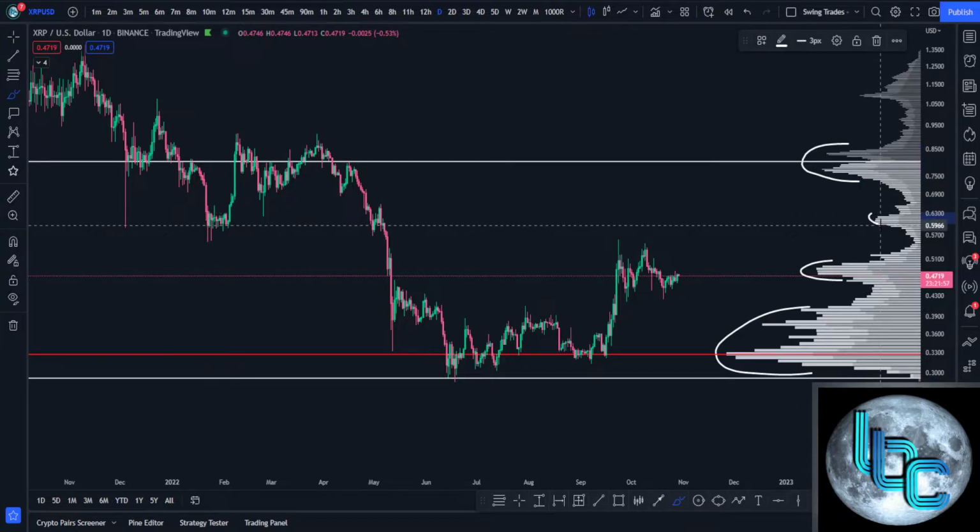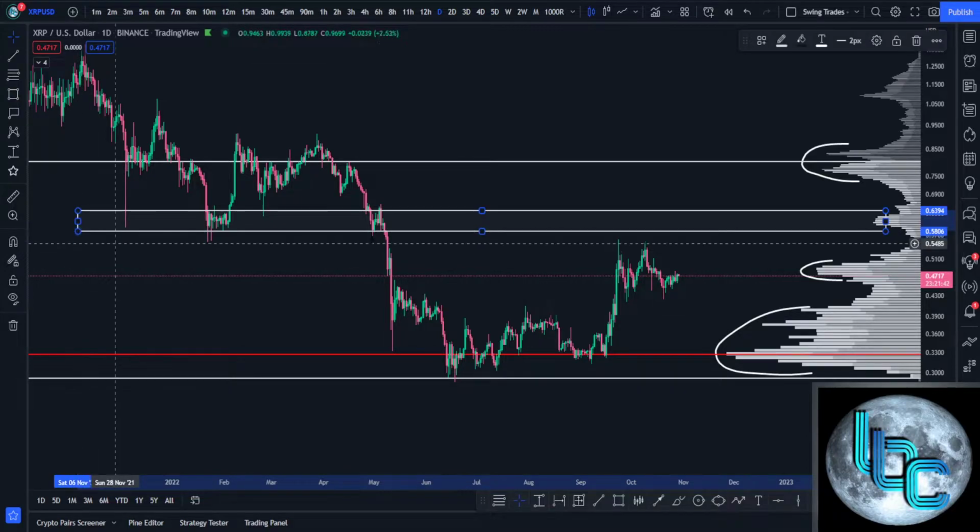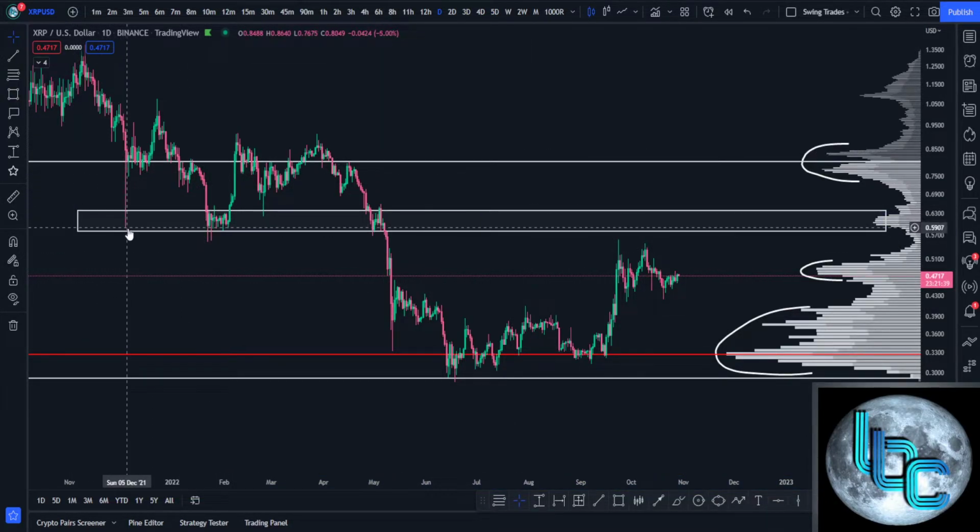Dude, you got a little bump in the road right here, but we can't act like it's not there, because if you look from right to left, we just pull this right here and then come over here. Let's get a little tight. You could see that we dipped right down into the area here, capitulated down, came up, and then came right back down to the area, traded in there for a few days, a week maybe, before it popped out. So this area is obviously an area of interest,